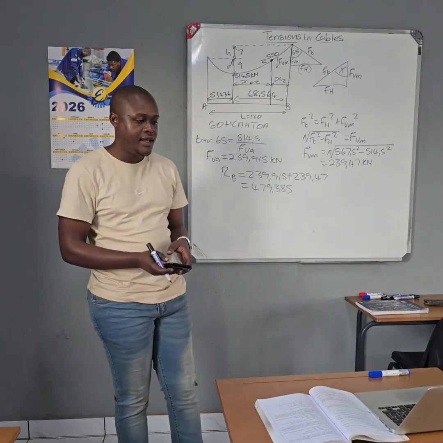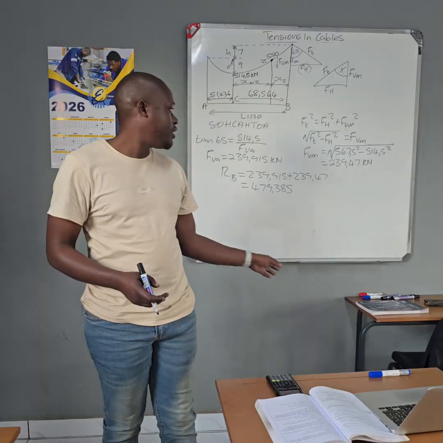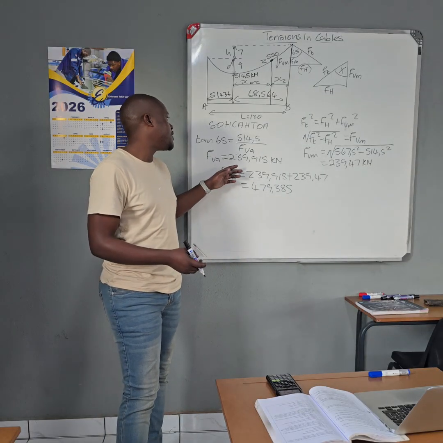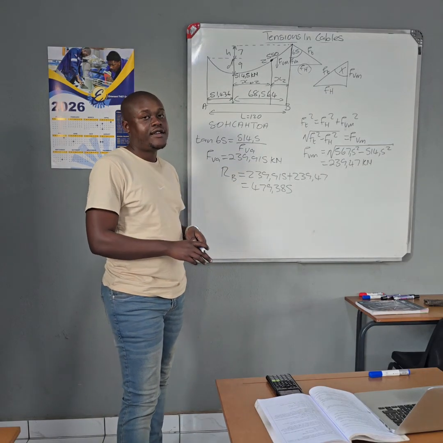This is for when instead of a pulley, it's a roller. So we are using the same FH. If it's a pulley,